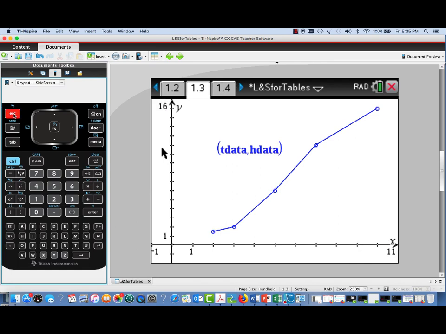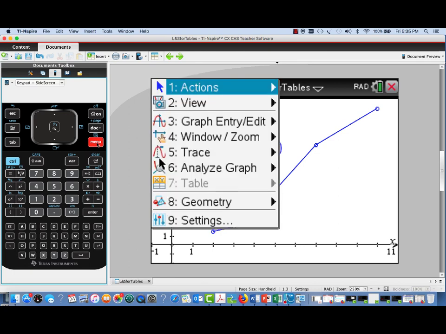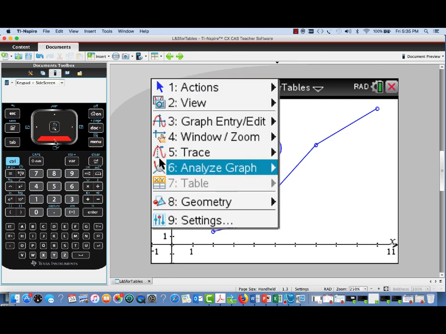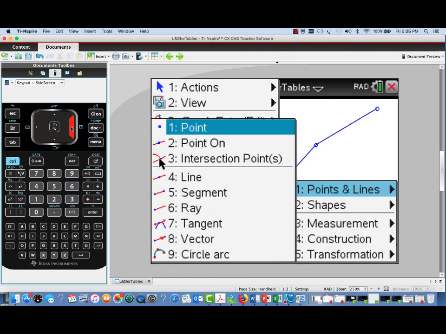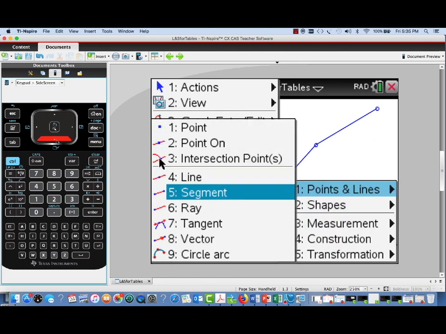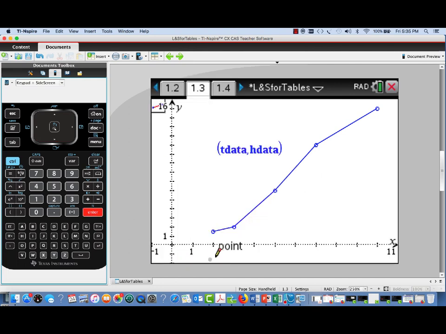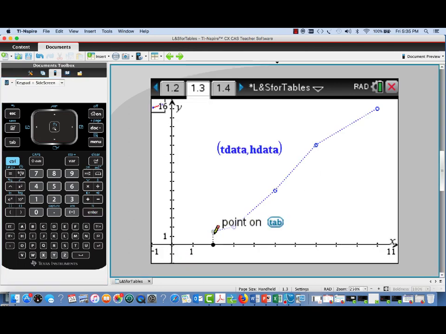And the next thing we were being asked in this problem was to use a trapezoidal sum to approximate the average height of the tree over the time interval from t equals 2 to t equals 10. Now I'm going to the geometry menu, and I'm going to choose line segment to add a few features here to help us visualize what we're actually calculating here. So I'm adding a little vertical line segment up to each data point from the x-axis. And that just makes it much more clear